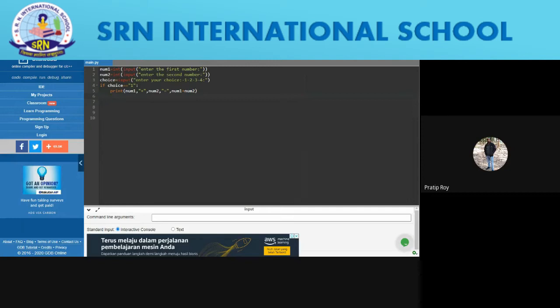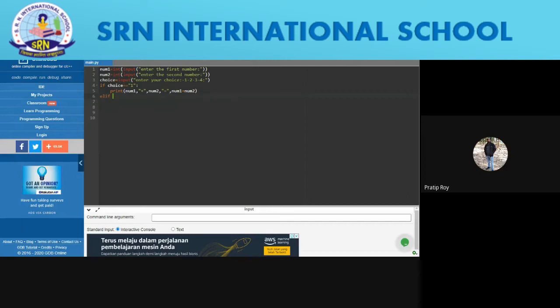Now go to the next line and come to the beginning of the line. Very good. Now write elif, E-L-I-F. Not if, E-L-I-F, E as in echo. Very good. Elif. Now write a space. First we have done if choice equal to 1, we will add these two numbers. Now in the elif, what will we write?